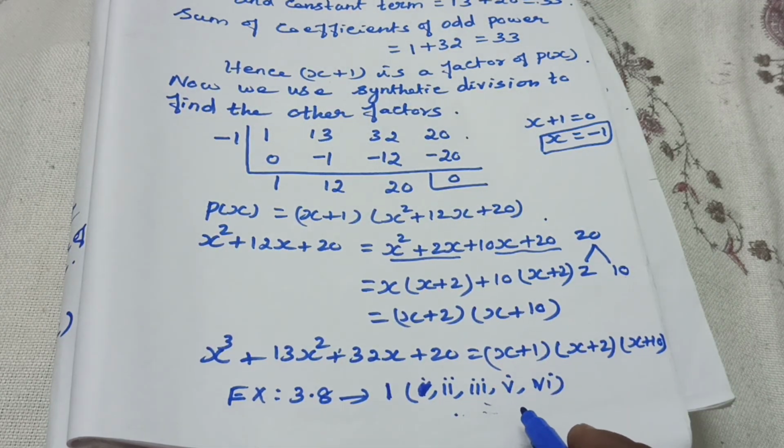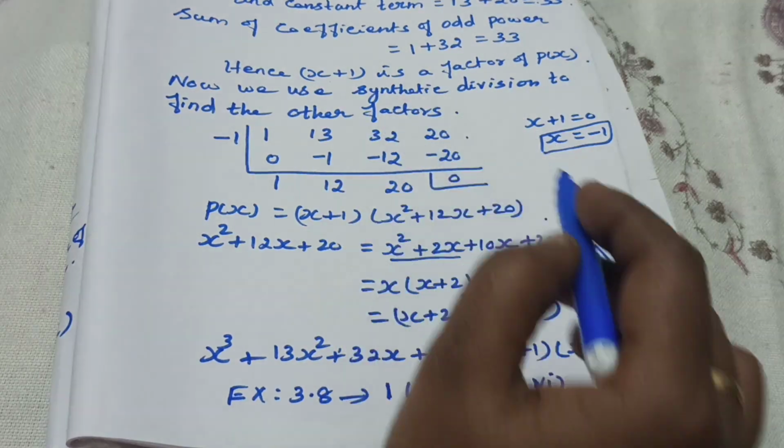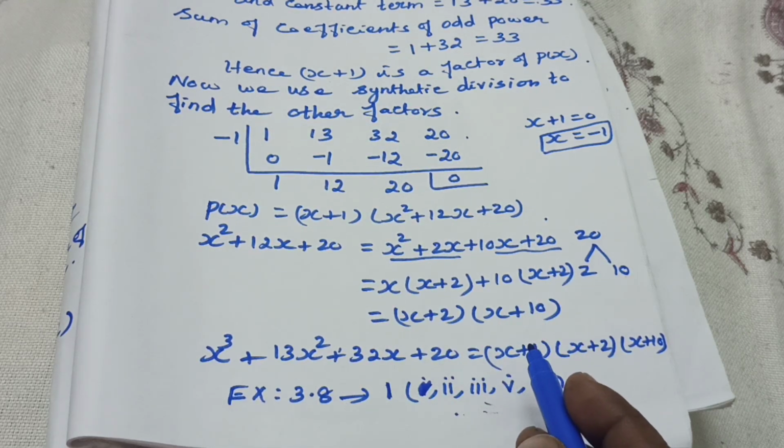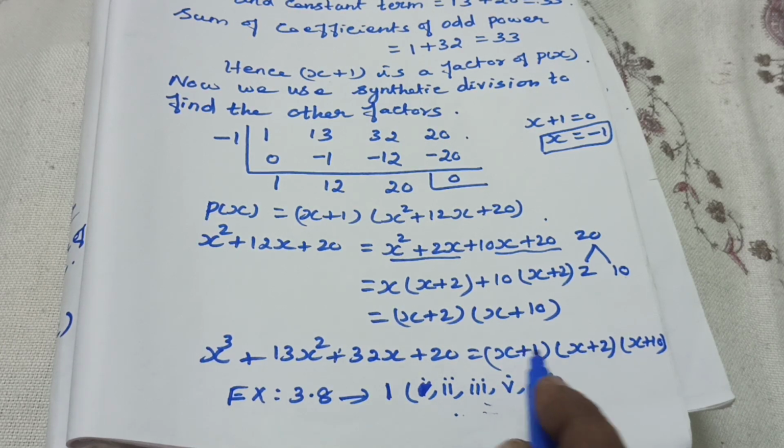Third question also, x minus 1 is the factor. All coefficients you should add, that time 0 you will get. At once you can write x minus 1 is the factor. Then the fifth one also like that. Fourth you won't get, fifth. In the fifth, x minus 1 is the factor you will get. Then afterwards you follow the synthetic division method and find the remaining 2 factors. Then the sixth one also, x minus 1 is the factor you will get.